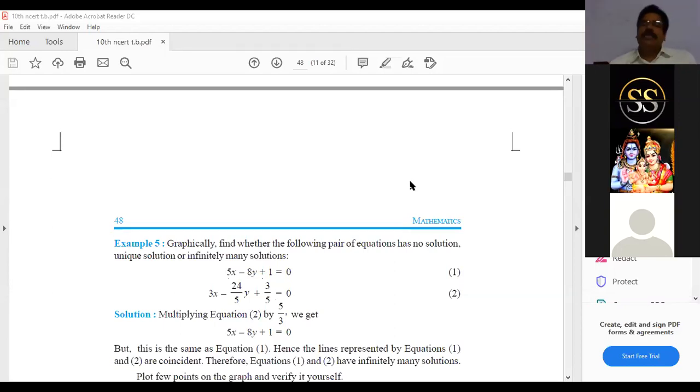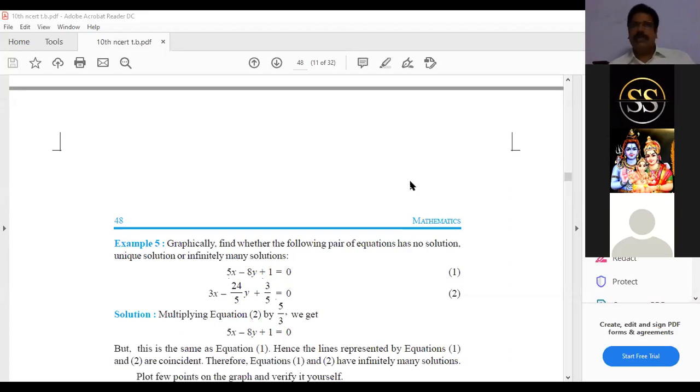Okay. We have to say 3 points. Now I am telling all the 3 points. If A1 by A2 is not equal to B1 by B2, then the equations are consistent. The graphical representation is intersecting lines, and they have a unique solution. We can solve only consistent equations. That is all you have to say, 4 points.